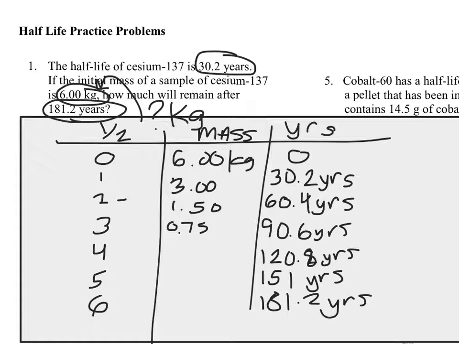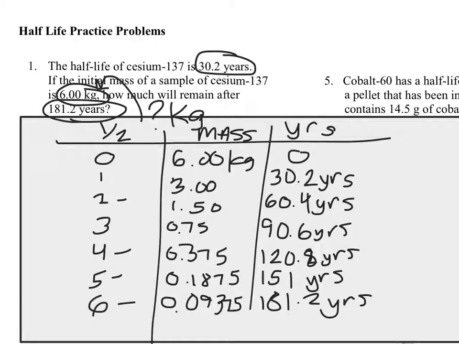Why is that good news? Because it allows me to know how many times I need to cut this thing in half. So for the 4th half-life, I'm going to cut that 0.75 in half. That's going to give me 0.375 kilograms. For the 5th half-life, I'm going to cut that 0.375 in half again, and that's going to give me 0.1875, I believe. And then I'm going to cut it in half one more time, and that's going to give me about